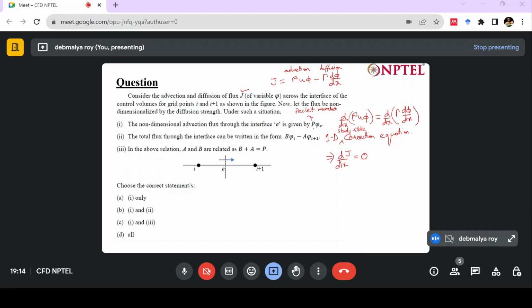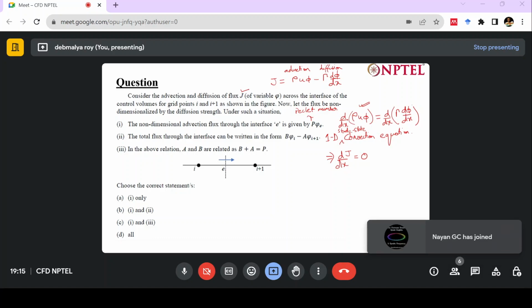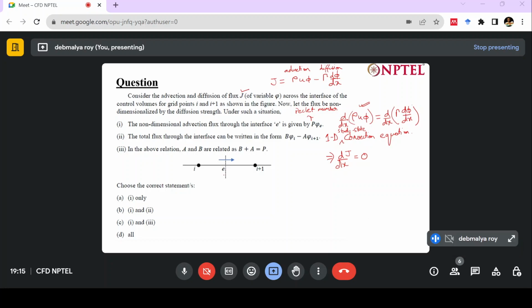So how do we arrive at this? Even if we take this particular equation that we have here and try to non-dimensionalize it, let us first integrate it. So let us integrate this, taking this particular model. If we try to integrate this, what will happen is we will have rho u phi I plus 1 minus rho u phi,